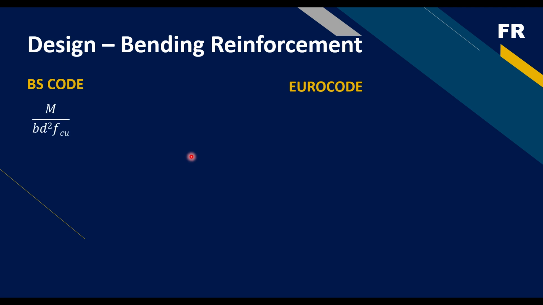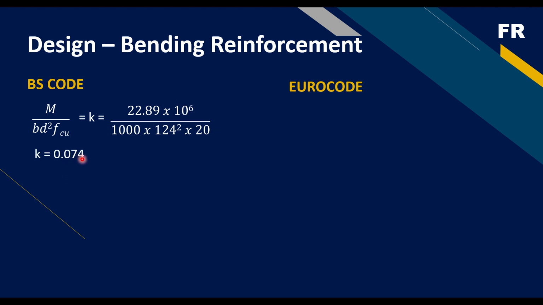So we know this formula, M over bd squared fcu. This formula is used to calculate K. So if you substitute the moment of 22.89, for the BS code, in slab design we take the width of slab of 1 meter. So that's why b here is 1000 mm, d is 124. Then we assume fcu, the characteristic strength of concrete. It is usually determined from the design mix you want to use. So we assume 20 Newton per millimeter squared for this design. So once you compute that, your K equals